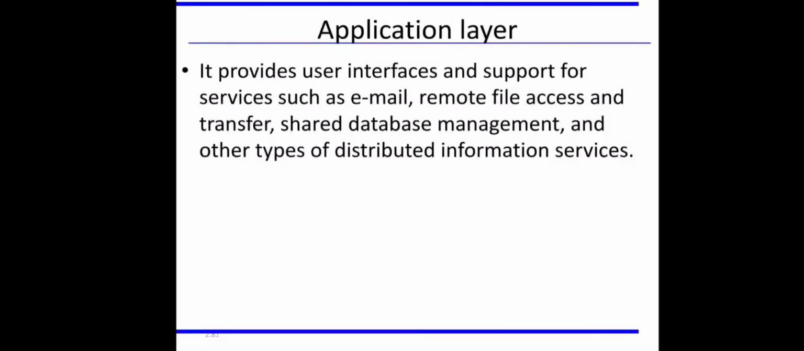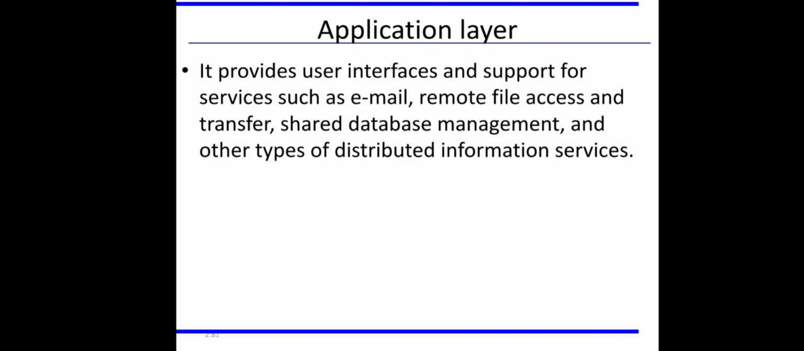Now we are in the topmost layer of our network software, right? That is the application layer. This is the layer through which the user interacts with the network. Whatever service is required by the user, the application layer provides an interface for the same. For example, it provides services such as email, remote file access, remote file transfer, and shared database management. Whatever services are required by the user from the network, corresponding to each type of service, this application layer provides